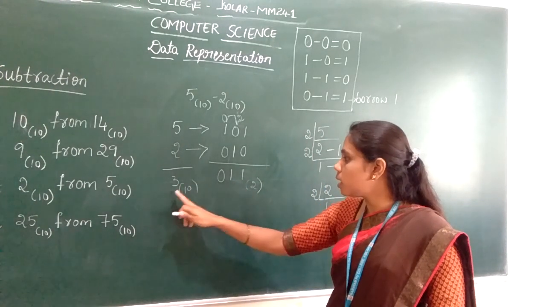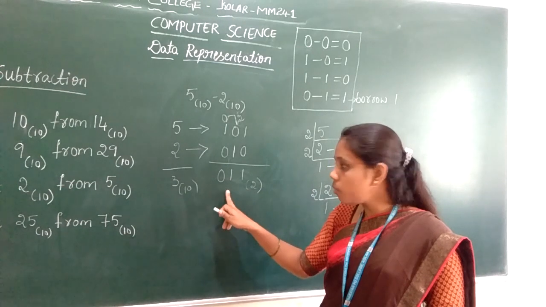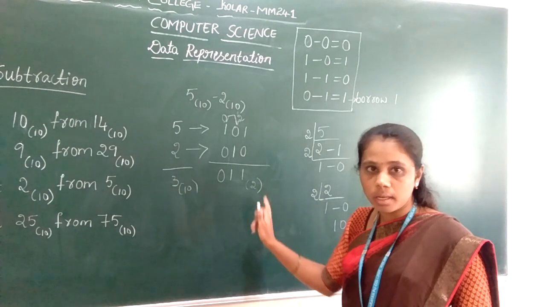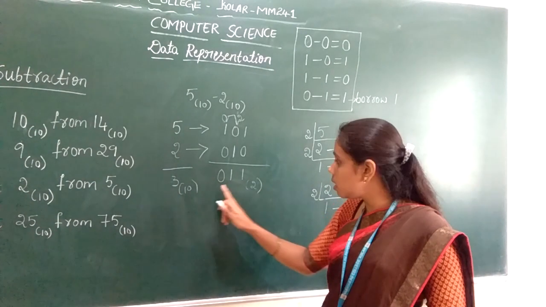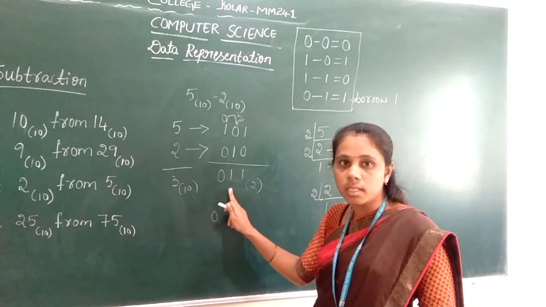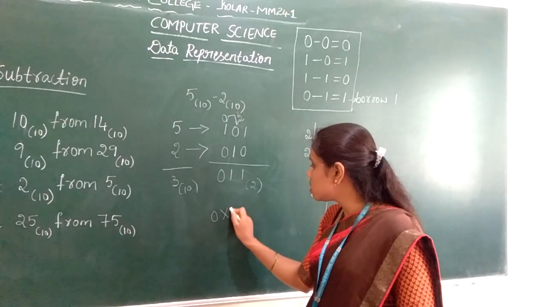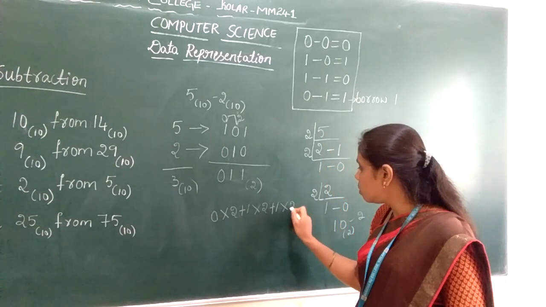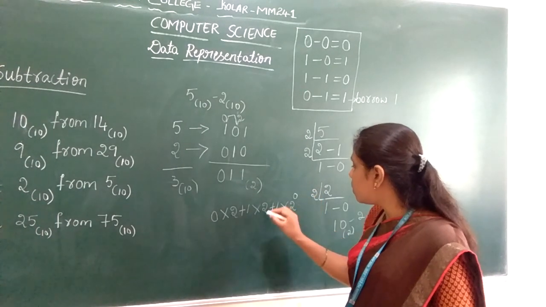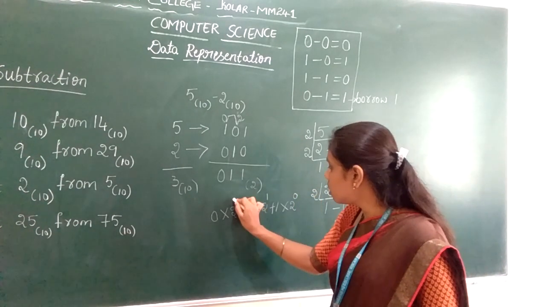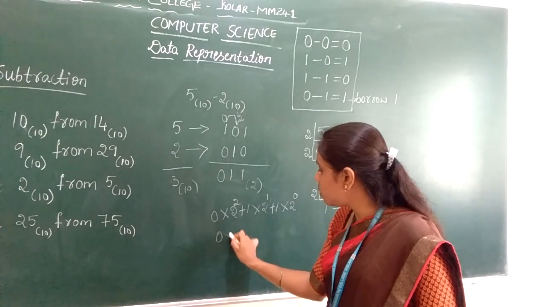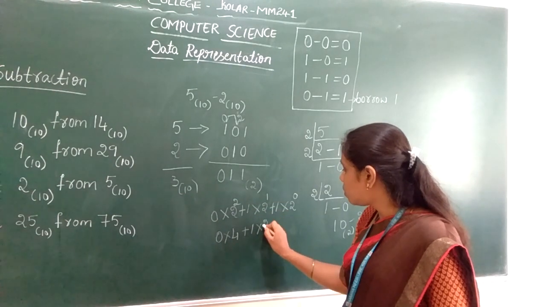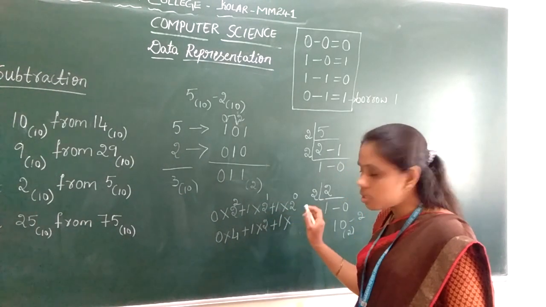Now when we want to check whether these two results are the same, how can we check? You should convert this to a decimal number. To convert this binary number to decimal, as we have discussed earlier, each and every digit should be multiplied by powers of 2. That is 0 into 2 plus 1 into 2 plus 1 into 2. The positional values start from right to left: 0, 1, 2. So 0 into 2 power 2 is 4, plus 1 into 2 power 1 is 2, plus 1 into 2 power 0 is 1.